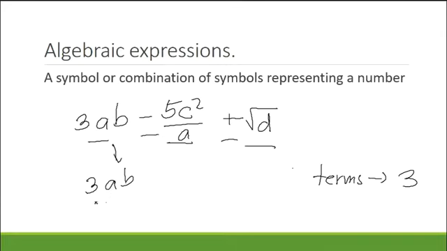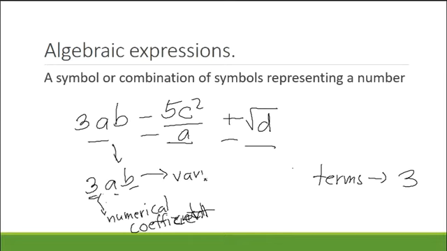Now, this number 3 here is called a numerical coefficient. While the letters here are called variables